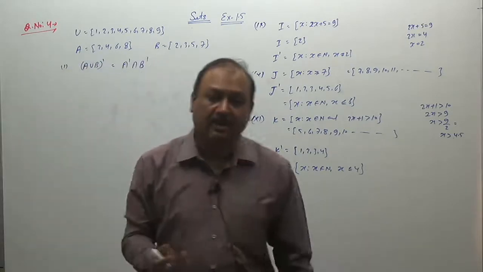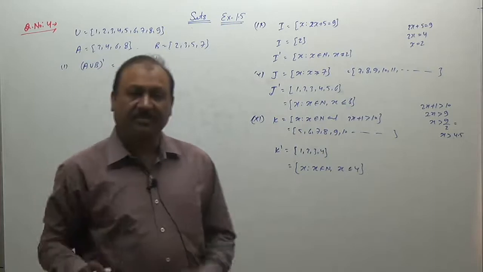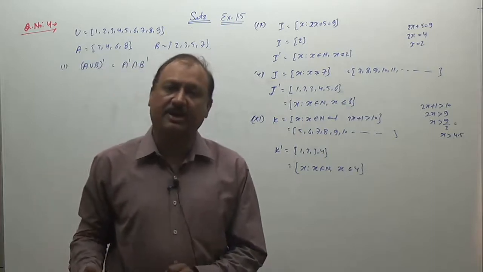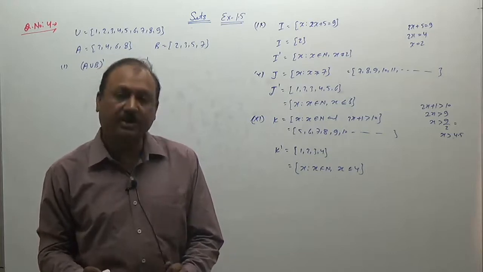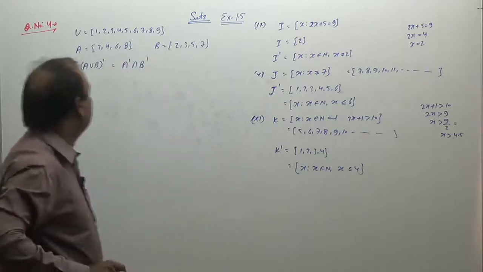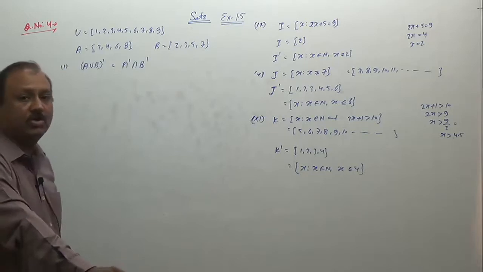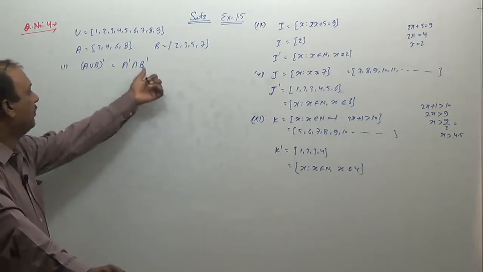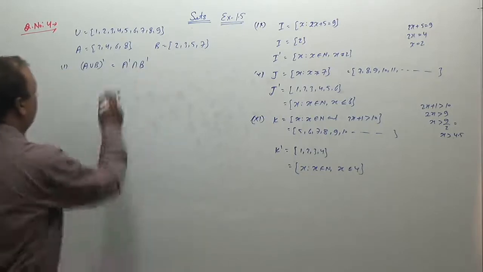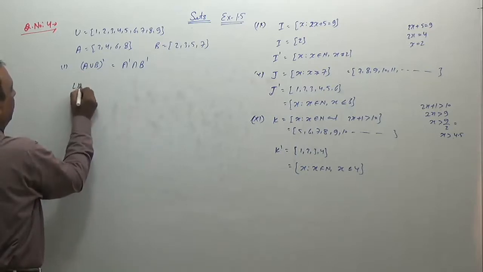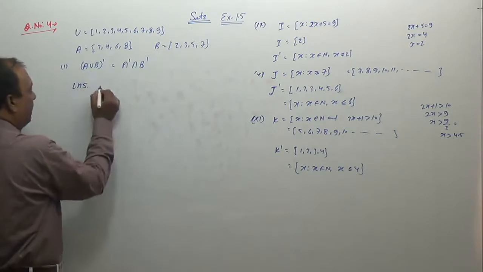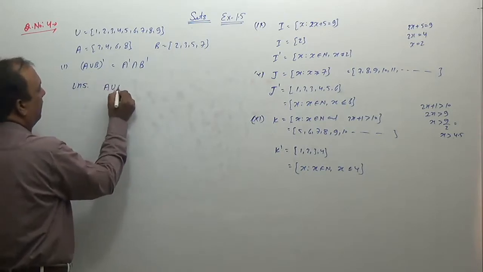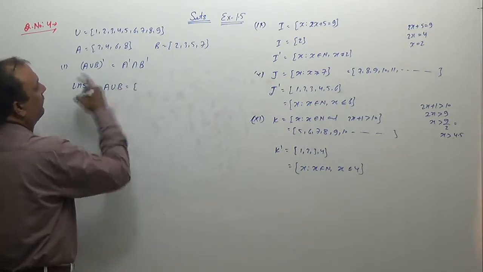So simply, there is a universal set and A and B are two sets defined. We want to prove De Morgan's law, that is (A union B) whole complement is equal to A complement intersection B complement. So by taking the left hand side, पहले left hand side solve करें, और left hand side solve करने के लिए पहले आप निकालें A union B.